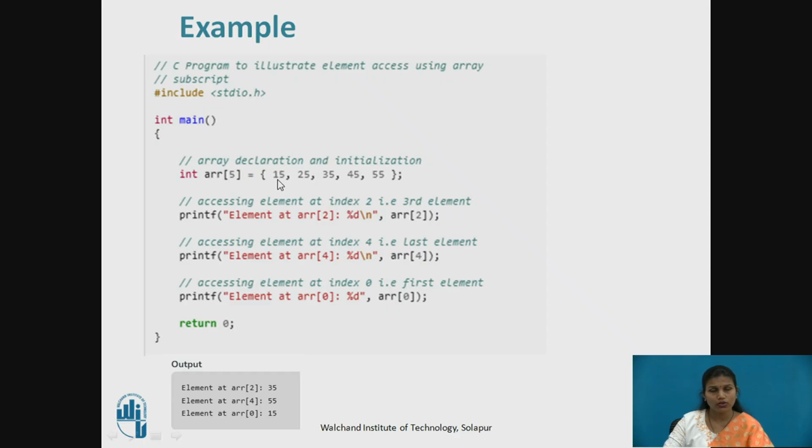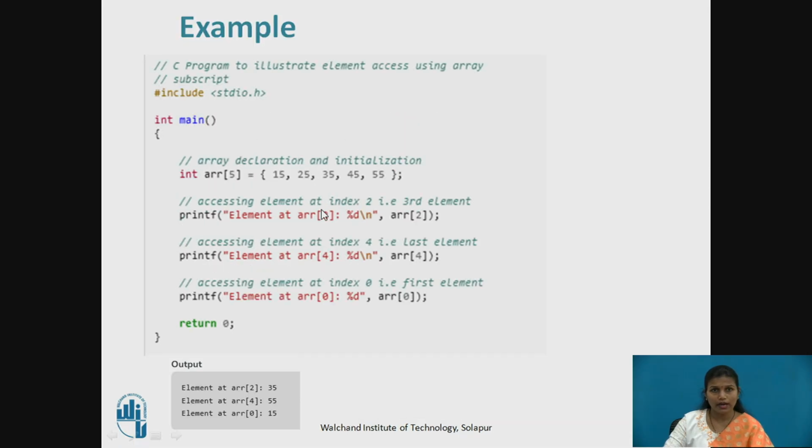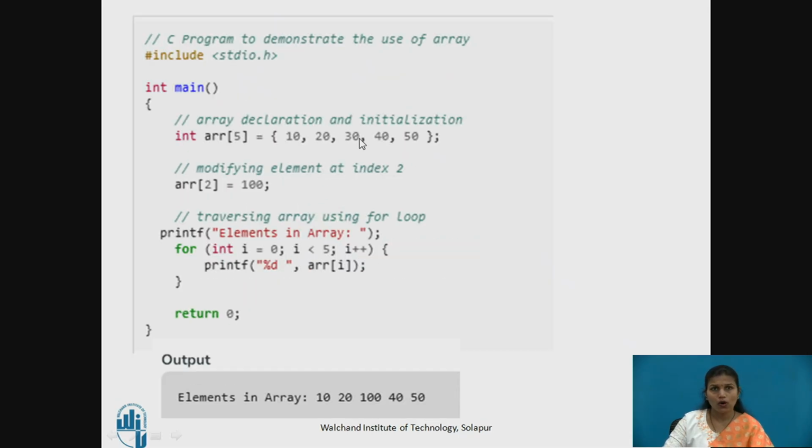So in this way also we can access the single value from the array. Let's see the next example over here. By using a for loop also we can display the whole array. Instead of accessing a single value at a time, we can access all the values by using the for loop. You can see,